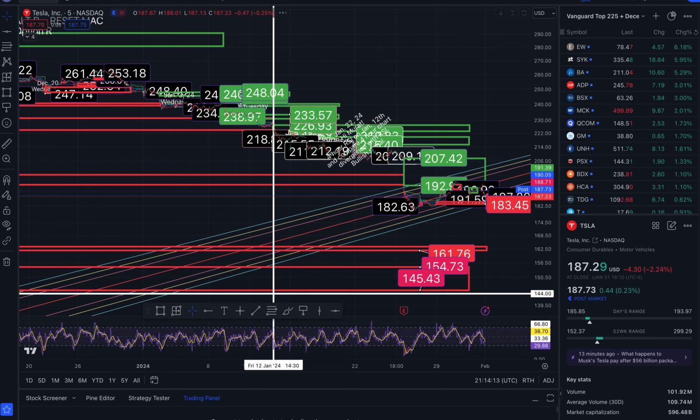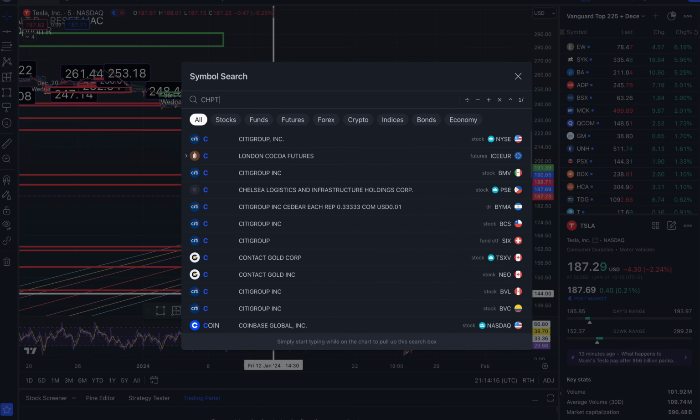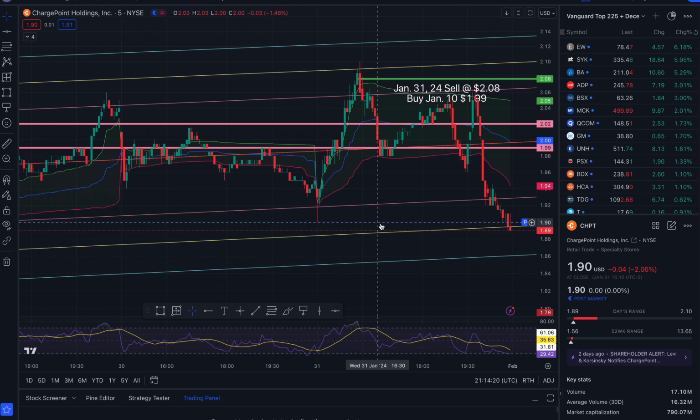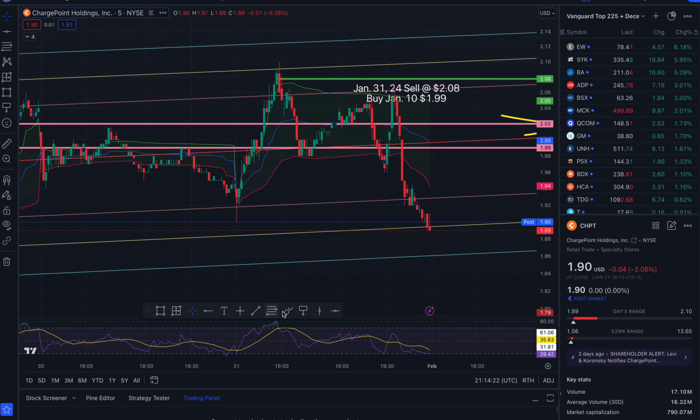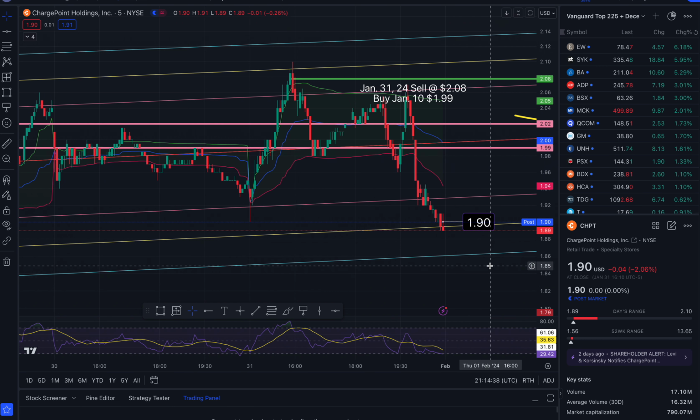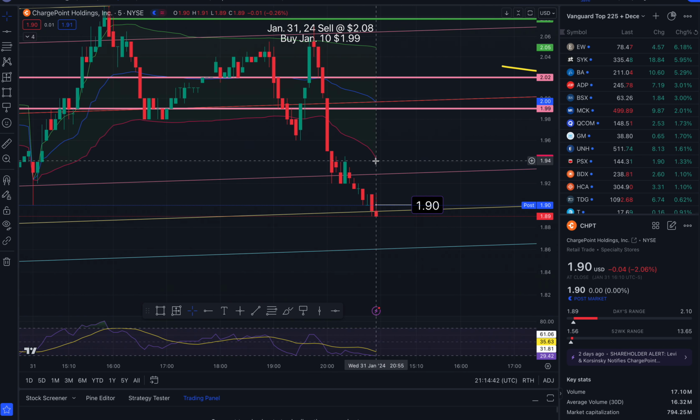Now the next stock I want to go over is ChargePoint. I took a trade today. I'll go over that in just a moment. But first, the numbers. We ended at 190. All right, to the north side from where we are takes us back to -2 standard deviations and resistance at